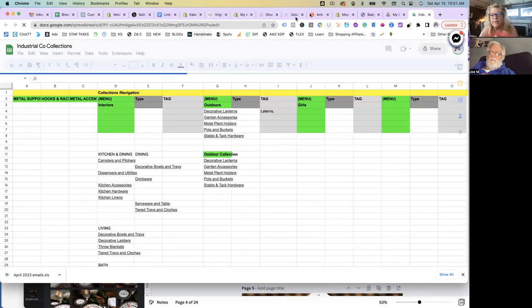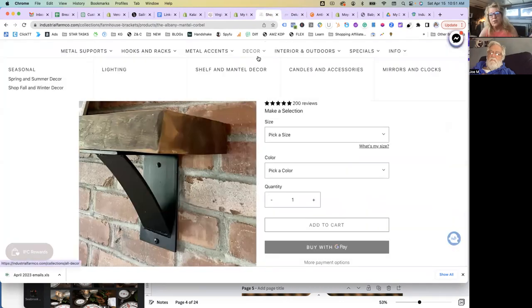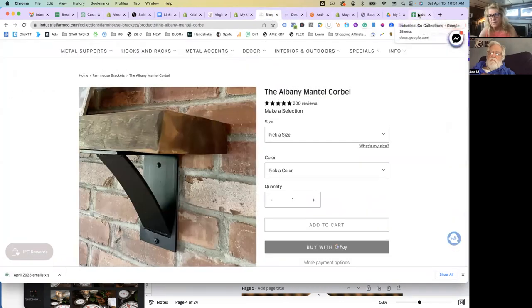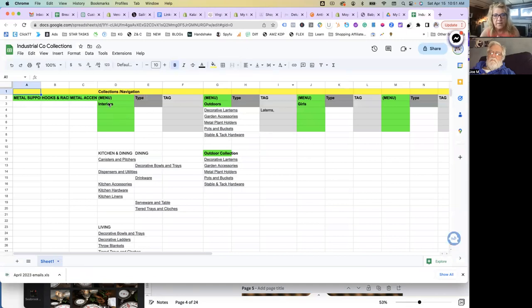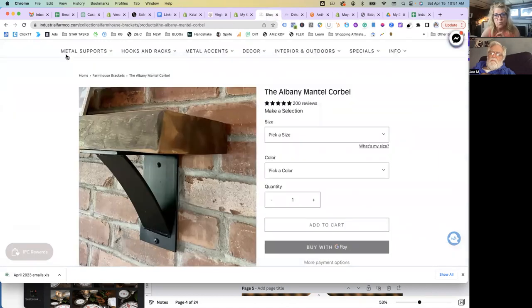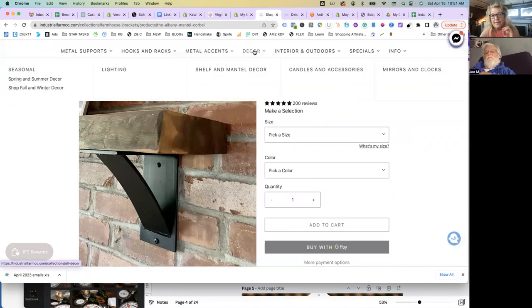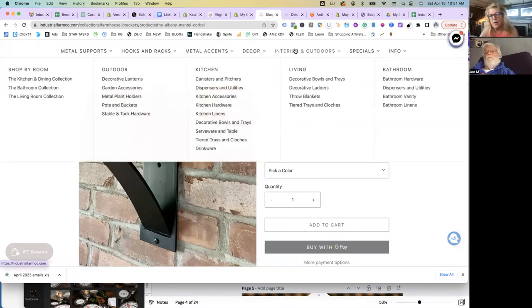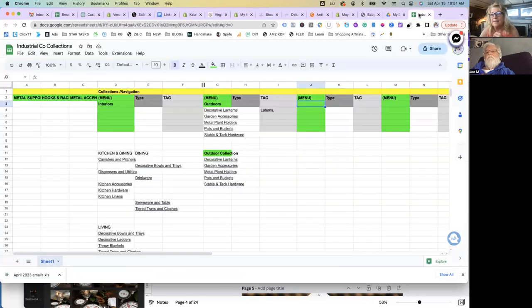I was fixing her collections because she had too many collections up here, which is really confusing for customers. So I have interiors, I've added outdoors. I knew that she wanted these as her main, but these are best sellers as main collections. Then I've added the decor and everything else under decor. I've added interior and outdoors, and then added them here as sub collections. If you have a lot of types